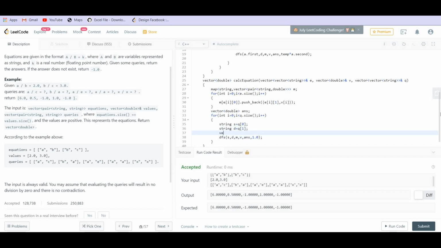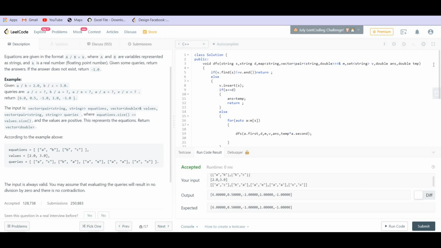Before that, a set of visited, a set of type string visited that we are passing here, and answer is going to be -1. Answer should be passed as a reference.